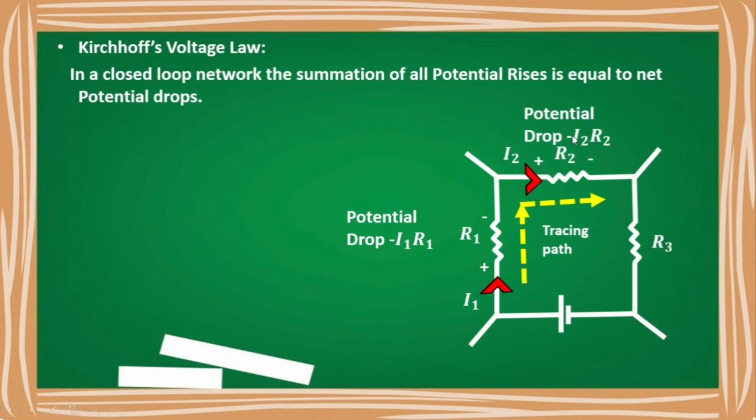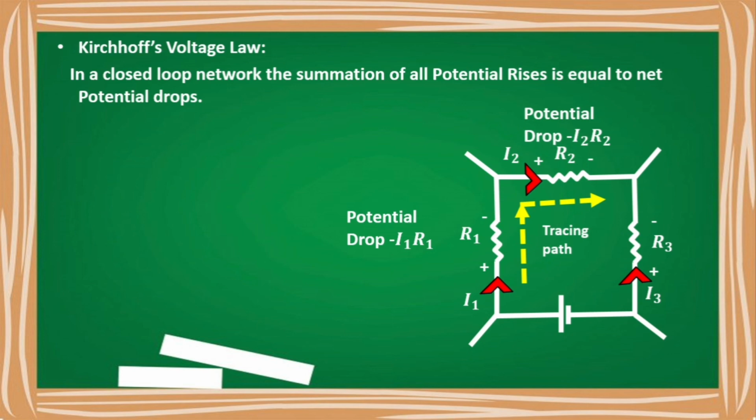Similarly, let us have a look at this branch with resistance R3. Now the current direction is over here. I find I3 at the bottom from down to up. So where will be the plus sign now? Wherever it is entering the resistance. So this would be the plus sign and this would be the minus sign.